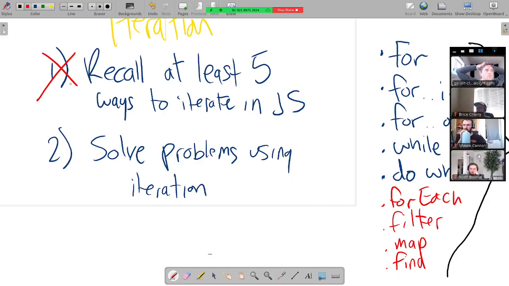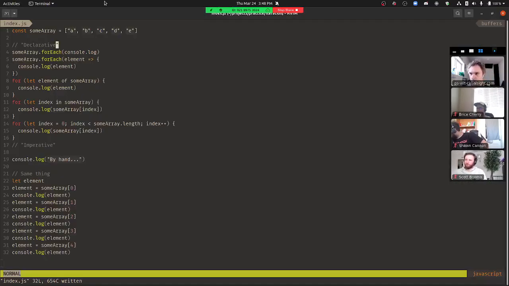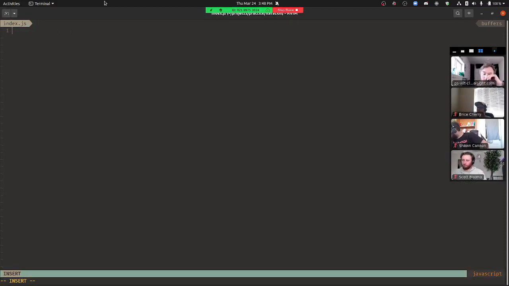So let's start with a pretty easy one. Just a transformation. A really common iterative thing that we do is we have an array of objects and we need to pull a property out of each of them. That is stuff you do all day long. So let's say that I have something like